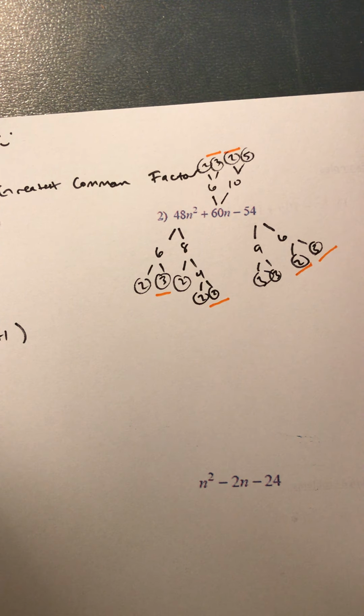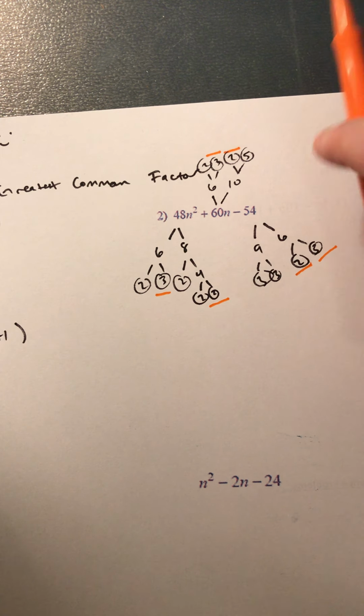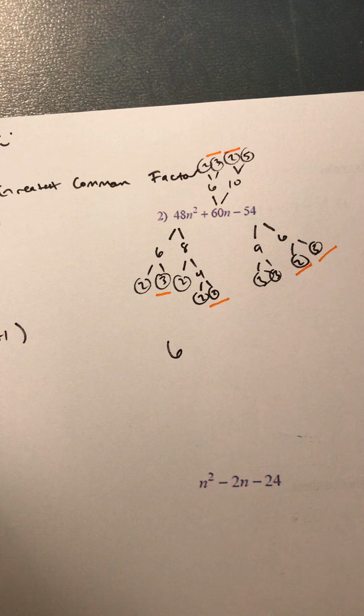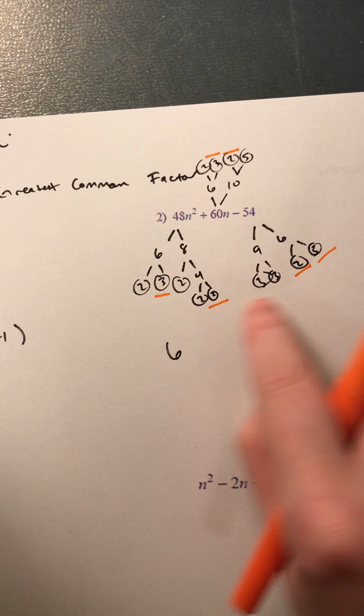So I think the biggest thing that we can take out is the 2 and the 3. Remember, 2 times 3 is 6. So our biggest number that we can pull out front is a 6. Now remember, the factoring tree thing, there's a bunch of 2s and 3s,